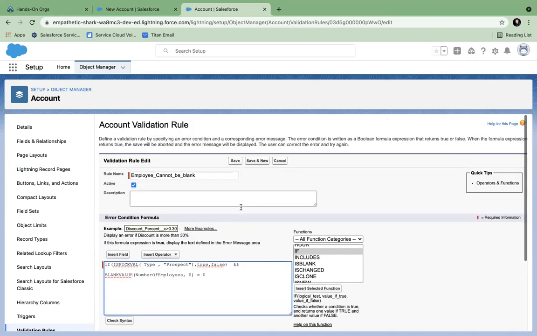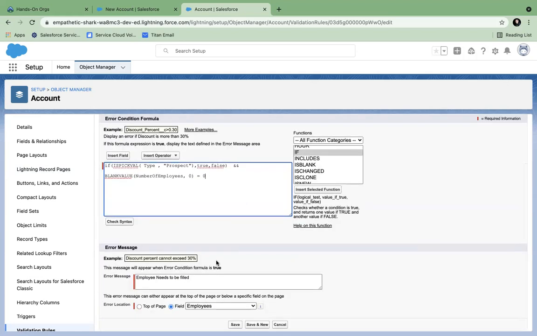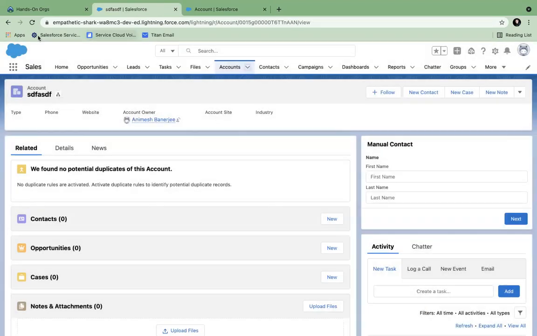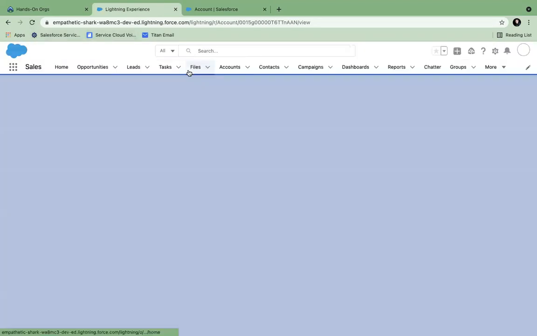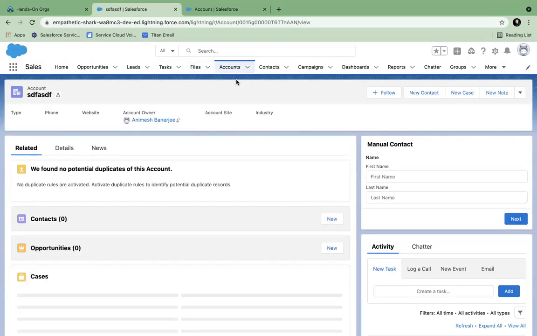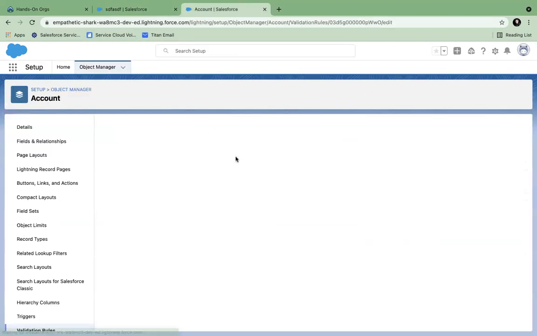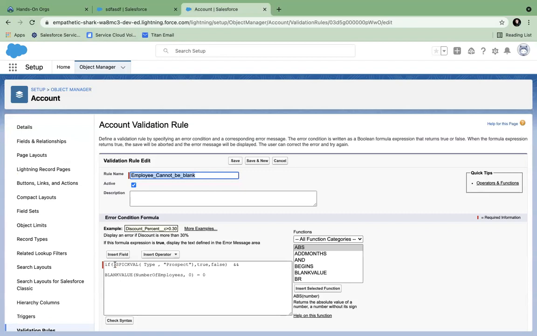Any confusion till now? No, sir. Okay. So if I save now, let's see. Yeah, go ahead. Because in that case, you explained the true and false. I just need to be clear on that one. Yeah. So this is the ISPICKVAL type prospect, right? Mhm.